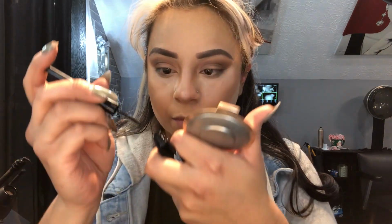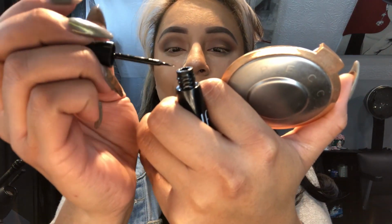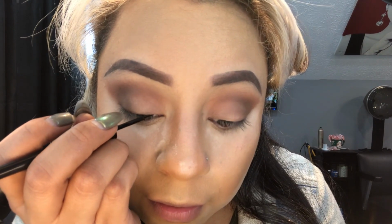What I do is go in and take honestly most of the product off on the edge of the container, and I go in. I always have a mirror looking down, because I feel like it's easier to see the shape of your eye when you do this looking down than it is to look straight. So looking down, I go in